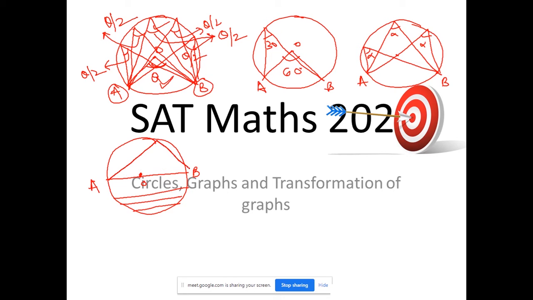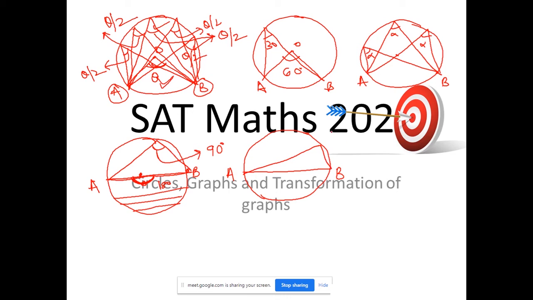Now when the diameter makes an angle at the circumference, the angle at the circumference would again be half of the angle at the center. And the angle at the center would be equal to what? This is the angle made by a straight line. The angle made by a straight line is always 180 degrees. So half of it at the circumference would be half of 180, that is 90 degrees. So this is the theorem which says the angle made by a semicircle is always 90 degrees.